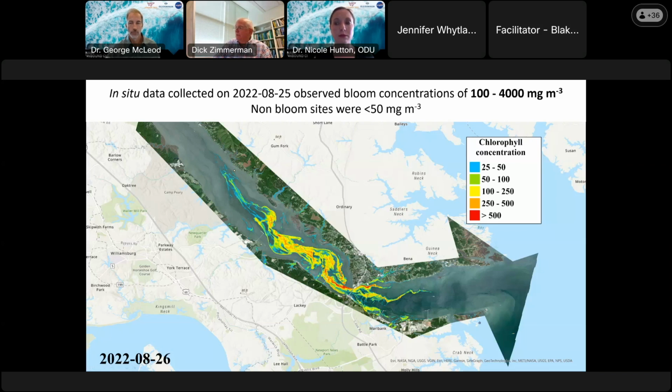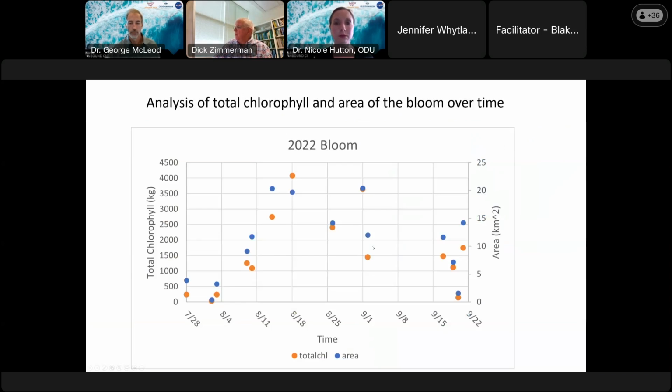With the satellite imagery, we can now map these things to extensive detail, and we're getting chlorophyll concentrations that are consistent with what survey vessels going out and sampling the blooms have demonstrated. And we can now use this technology to map the timing and the density of the blooms. We can calculate total chlorophyll concentrations in the blooms, which we can convert to carbon and other things. We can also estimate the area from this.